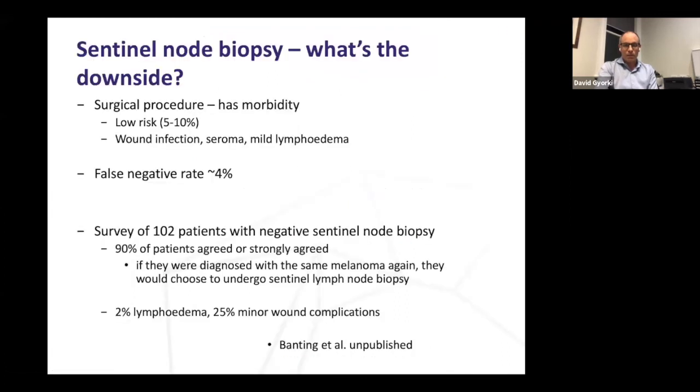So what's the downside to a sentinel node biopsy? Well, it is an operation. There is a risk of wound infection, seroma, which is fluid accumulating where the lymph node's removed, or mild lymphedema. There's also a false negative rate. That is, if the lymph node test comes back saying it's negative,